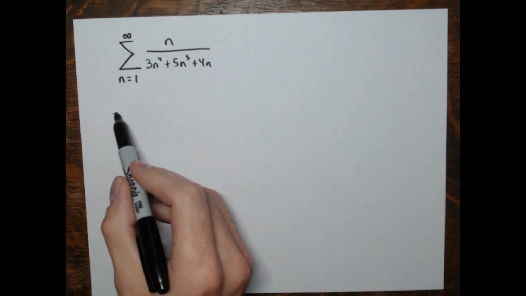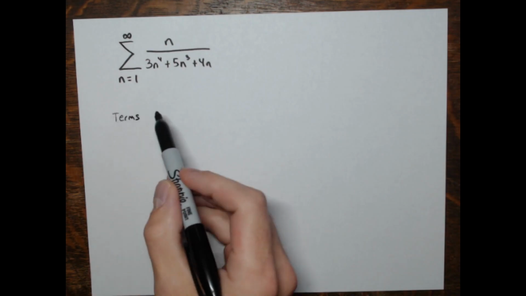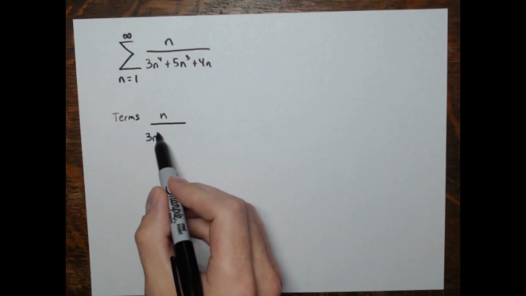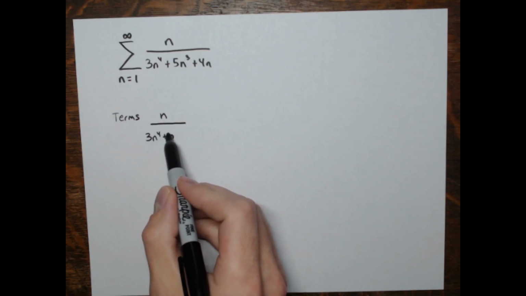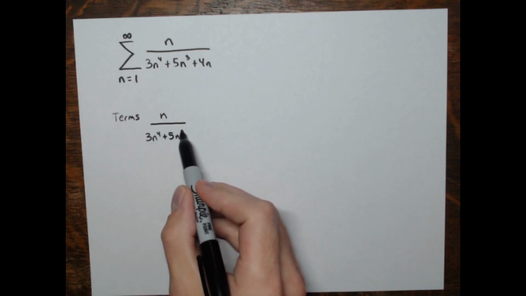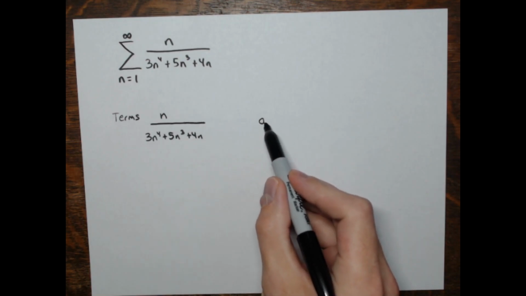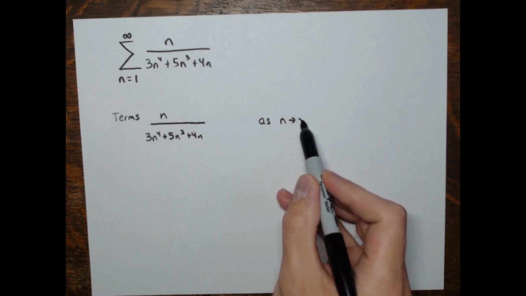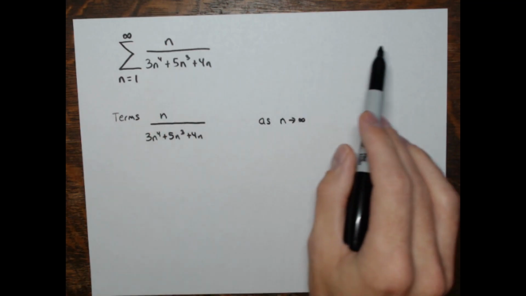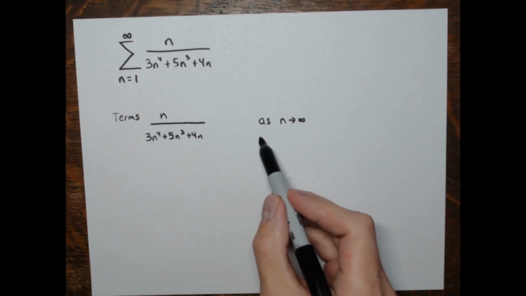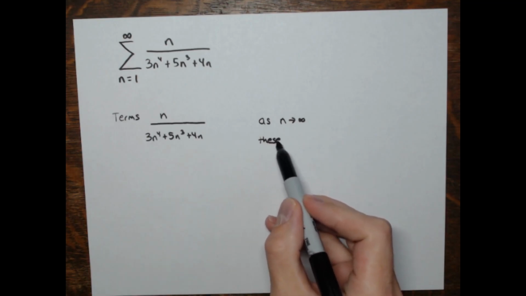So again, the terms of this series look like this: n over 3n to the fourth plus 5n cubed plus 4n. As n goes to infinity, the further and further down the line we get, these terms